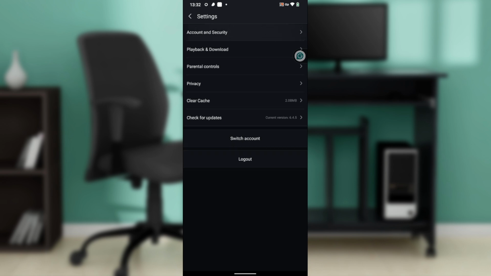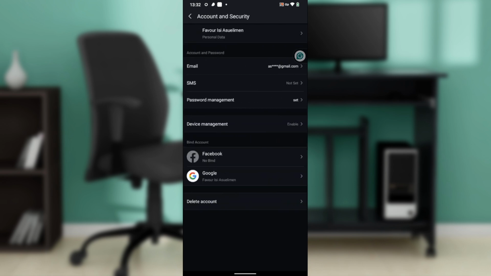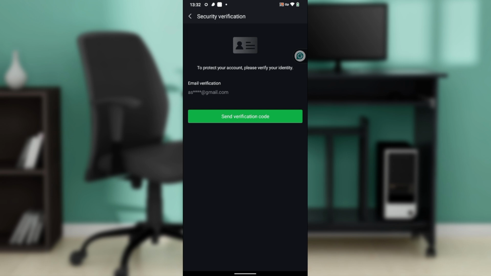So go ahead and click on Account and Security, and that takes you here. Now you have email, you have SMS, device management, and password management. So go ahead and click on email, and once you click on email, now you need to verify your account. So click on the send verification code, head over to the email that you used, the previous email that you